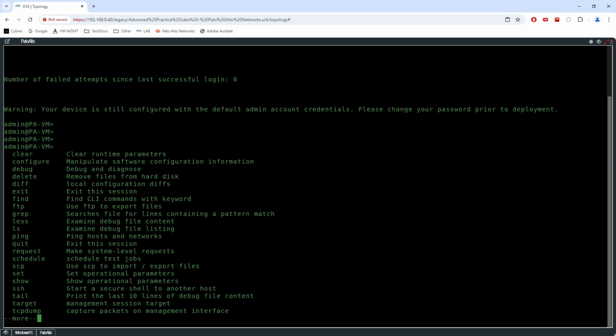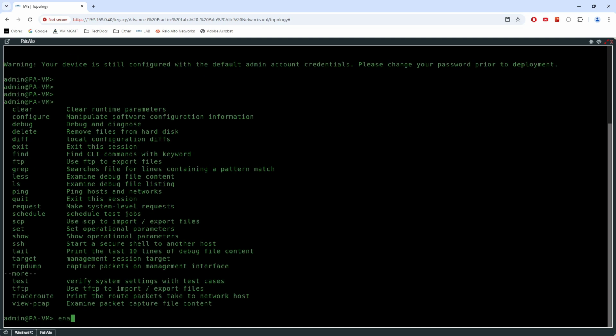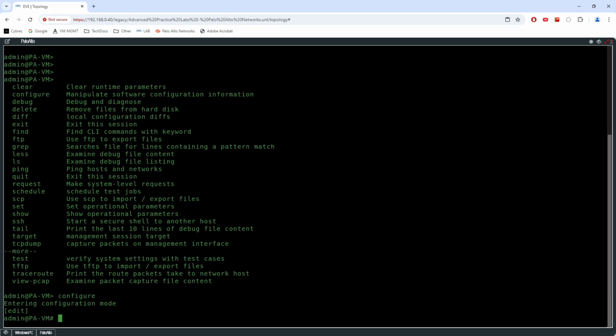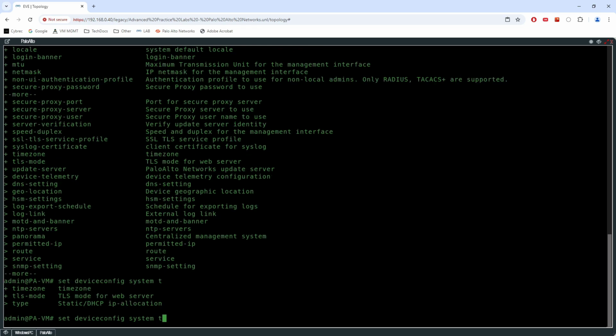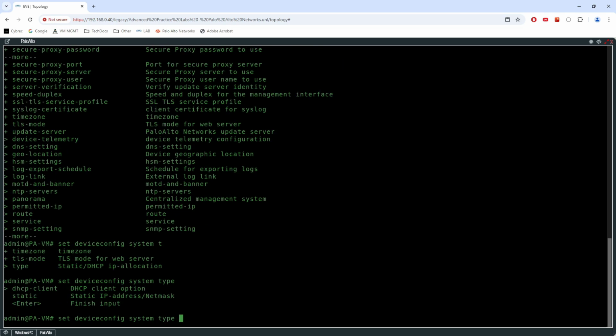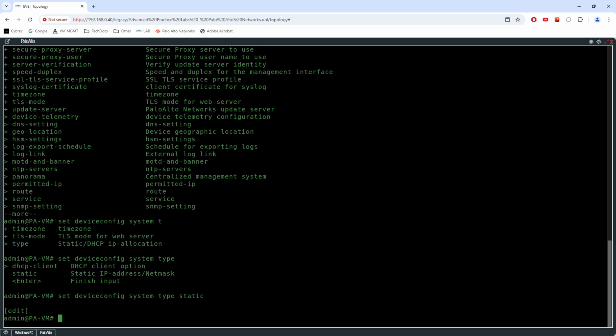But this is something that we will have to do from the configuration mode. So I will first and foremost say configure, and then set device config system type. I can either say DHCP client or static. I'm going to say static here,